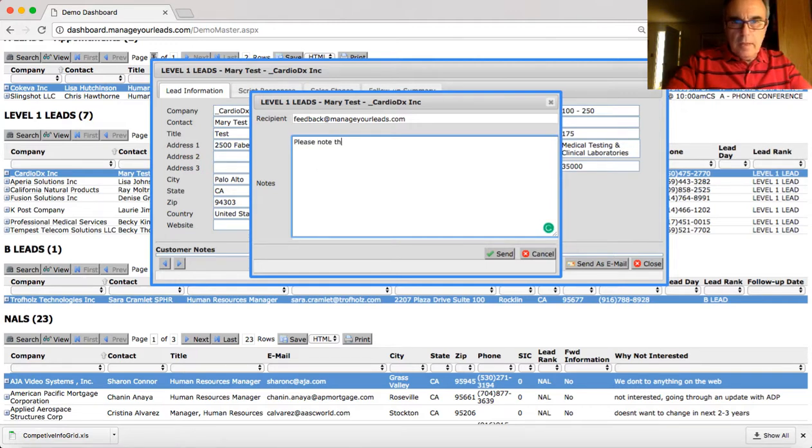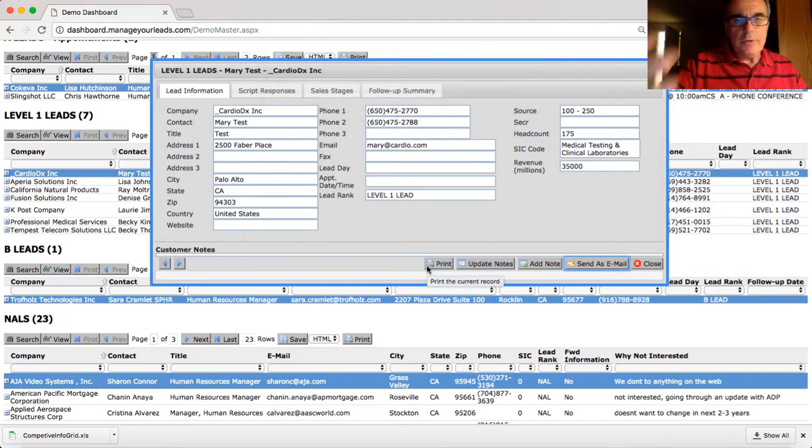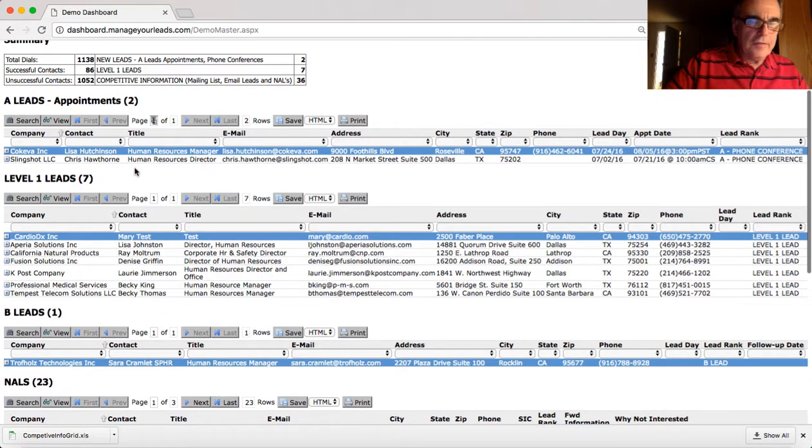please note that we would like to follow up on this lead. In other words, you're communicating to us that you would like to work on this particular level 1 lead, and in doing so, you click send, and then that whole record is coming back to us, and we will see that you would like to do the work on that opportunity, and then we'll come in and change the lead rank and move that lead from the level 1 section. We'll move it up to the A lead section,